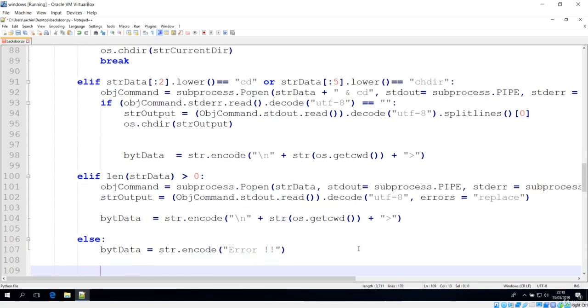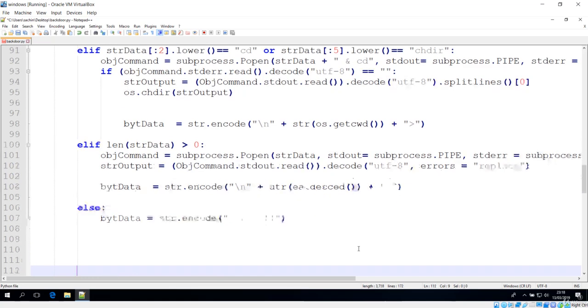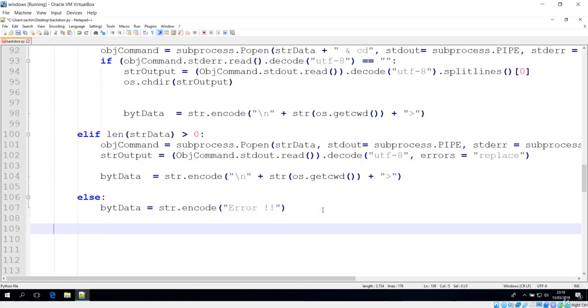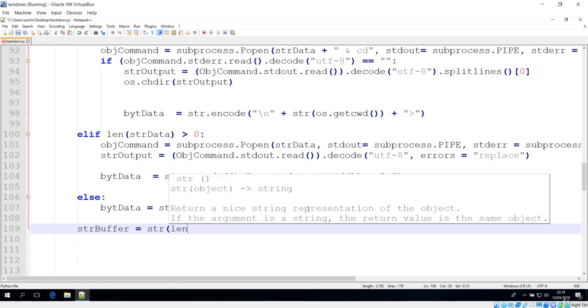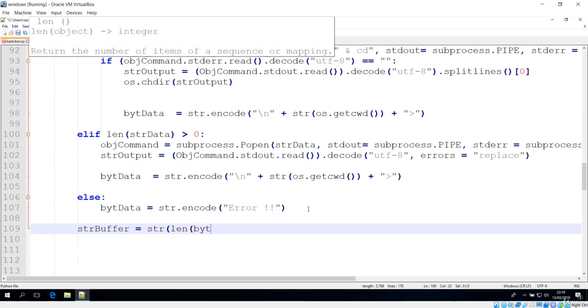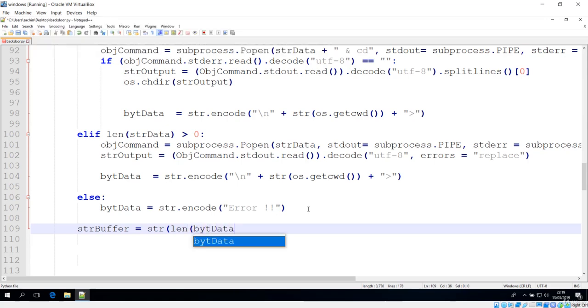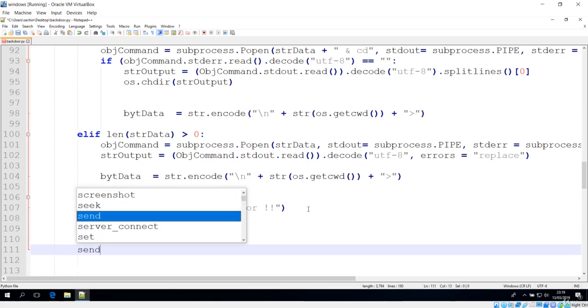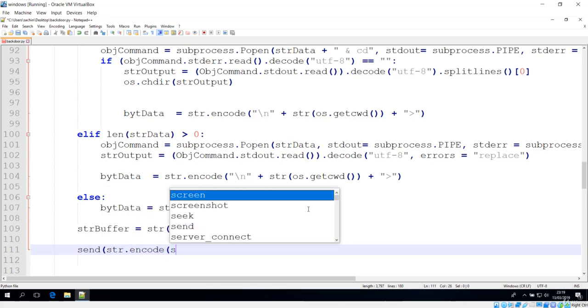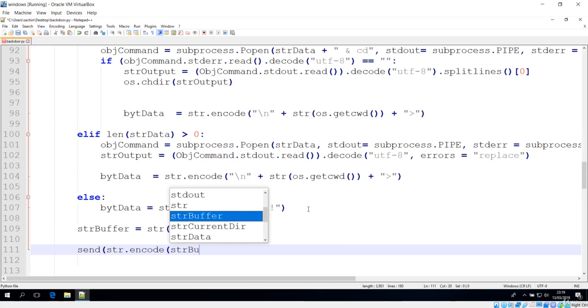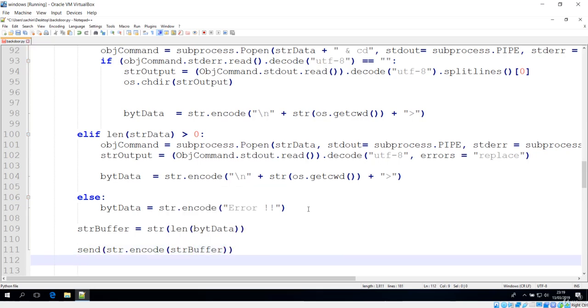Basically the next thing you have to do after you pass that is the string buffer that should be given to the server. So let's make that string buffer. I'll go over here and create that string buffer, and here you have to get that data byte, which is the byte of data which comes encoded to send to the server. So let's get that string buffer. Now we can call this send method, and first of all we'll make sure that it is also encoded, which is string buffer, and let's encode that one more time, and we have send now.